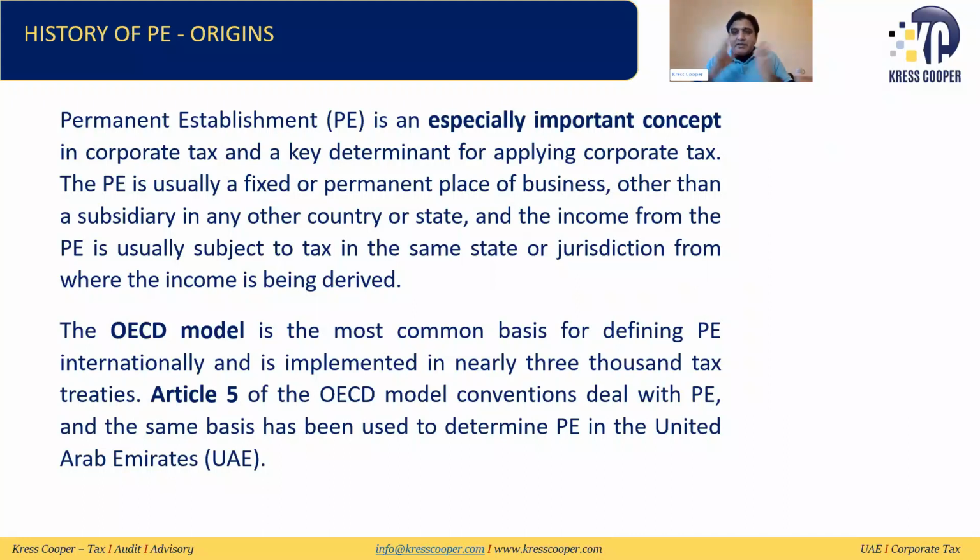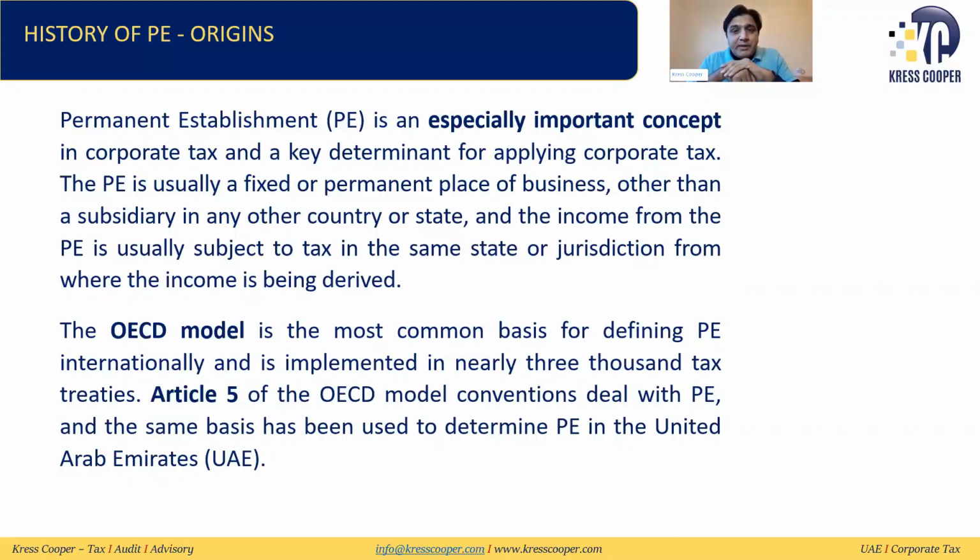If this income is being generated from, suppose, Saudi Arabia, related to that permanent establishment in Saudi Arabia, it should be subject to tax in Saudi Arabia. If this income is being derived in UAE, it should be subject to tax in UAE. If this income is being derived in USA, it should be subject to tax in USA. The objective is that from where this income is being generated, it should be subject to tax there, and there